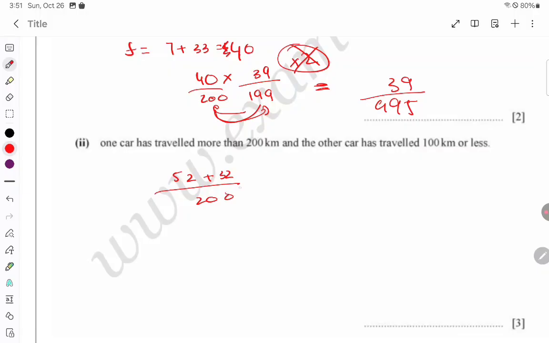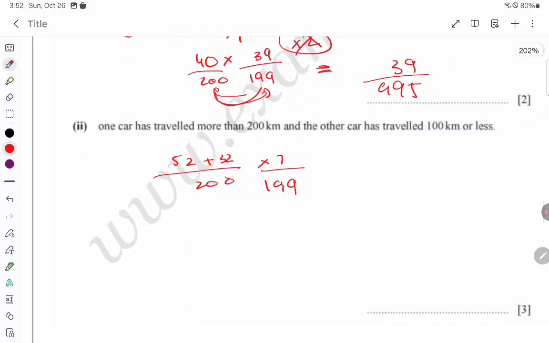This is the first condition, and this is our second condition. Now we get our answer: 147 over 9950,